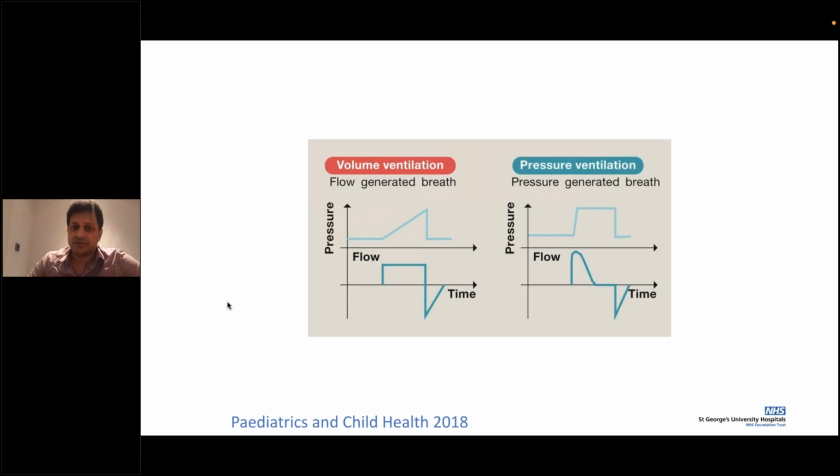And in pressure controlled ventilation on the right hand side, you can see that the flow pattern is an upright curve, which means that if you set the baby at 25/5, it will reach that 25 with no problem, very quickly. And in an otherwise preterm baby, where everything else is okay, it may not be as gentle a mode of ventilation for a premature lung.